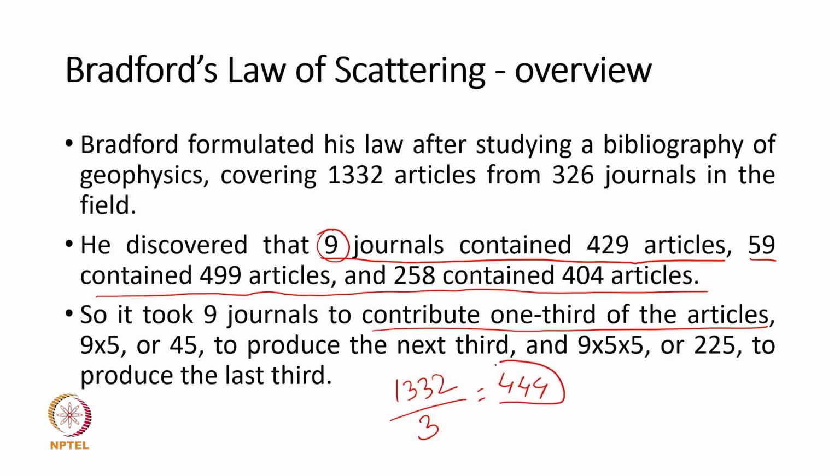That means 9 journals contribute 429 articles, which is approximately one third of 1332. In the next phase, he found that 9 into 5, that means 45,